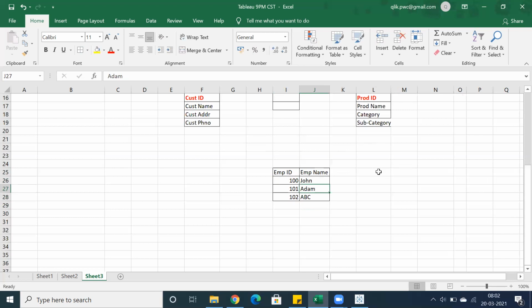And in another table, I have a department ID and department name. So let's say I have department 10, department 20, and here we have department names like HR, developer, something different, or accounts. So I have a couple of departments.